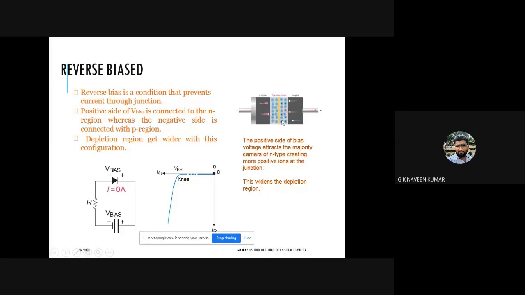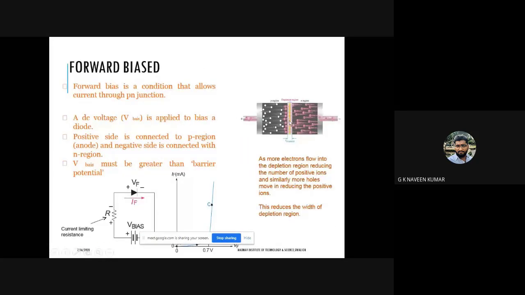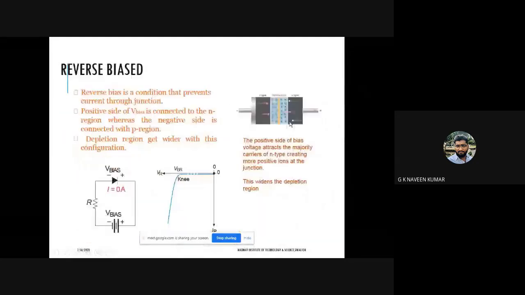If you see the depletion region width between the previous one and this one, here the depletion region width is very less. And here the depletion region is more. If I keep on increasing this bias voltage, if it is 10 volts, then the depletion region width is this much. If I increase to 12 volts or 14 volts or 16 volts, then the depletion region width goes on increasing. It will be splitting here from the left side and shifting towards the right side, and this makes the maximum voltage that will appear across this junction. That maximum voltage is nothing but your reverse bias voltage.